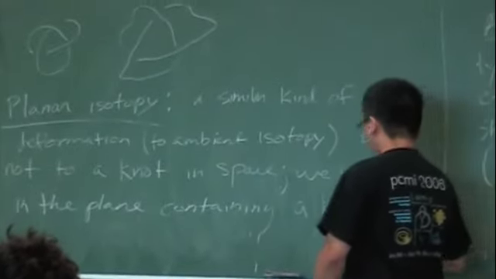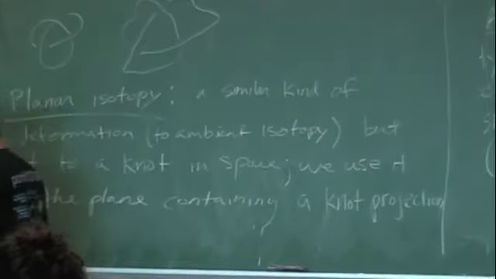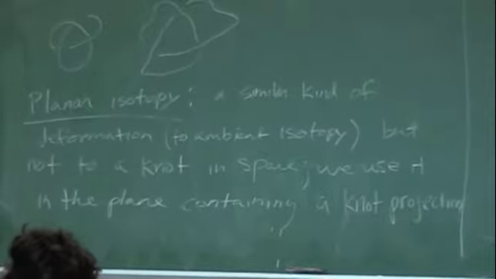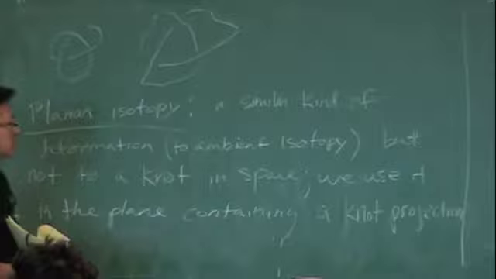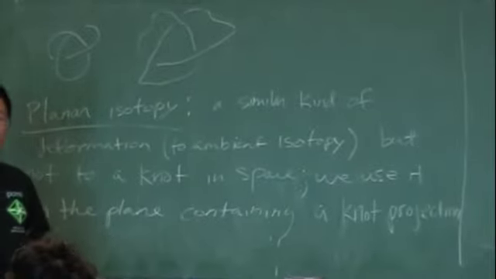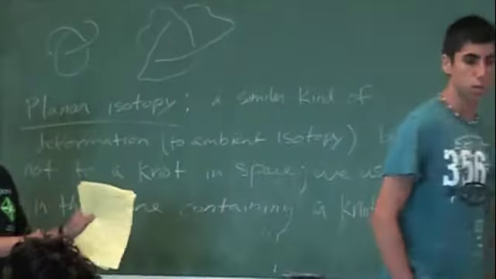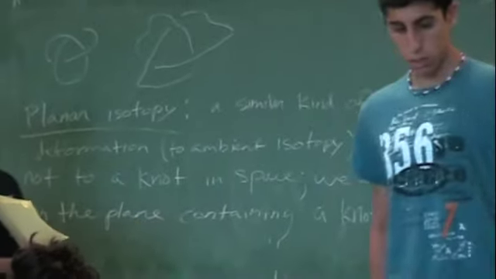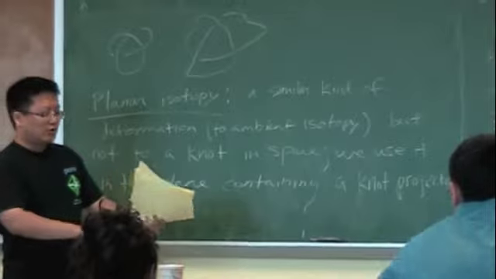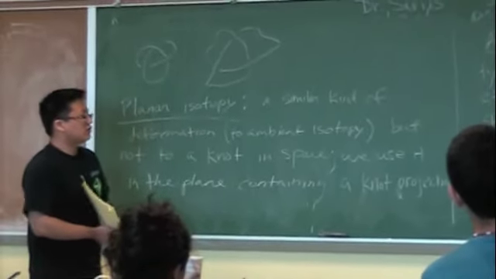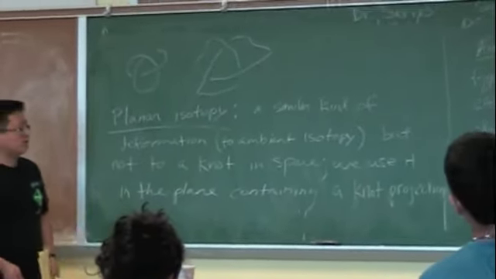So we keep talking about these projections and doing stuff to projections instead, and you'll get a much better idea after today. What we're going to learn after today is we can live in the world of pictures, doing just modifications to pictures and distorting pictures in a two-dimensional way, and essentially all of knot theory is contained in that. So we no longer